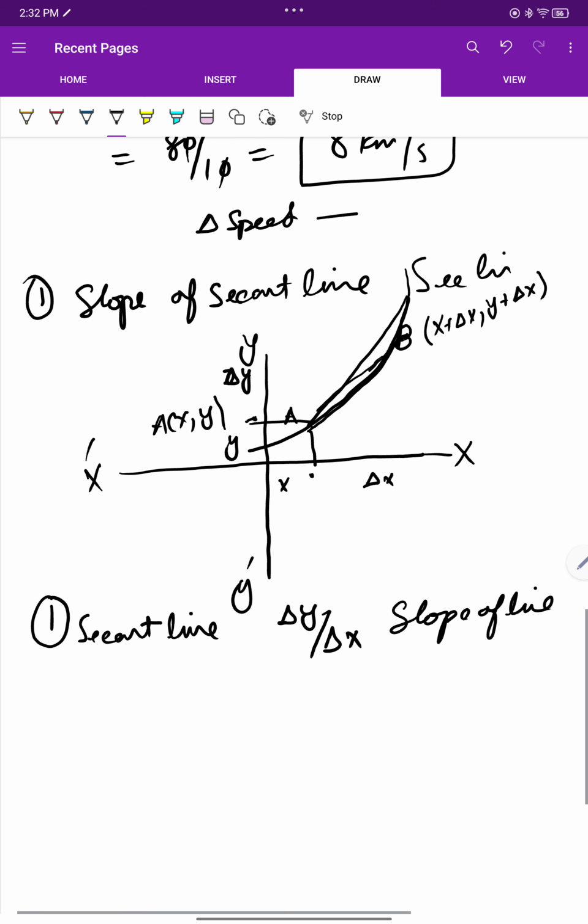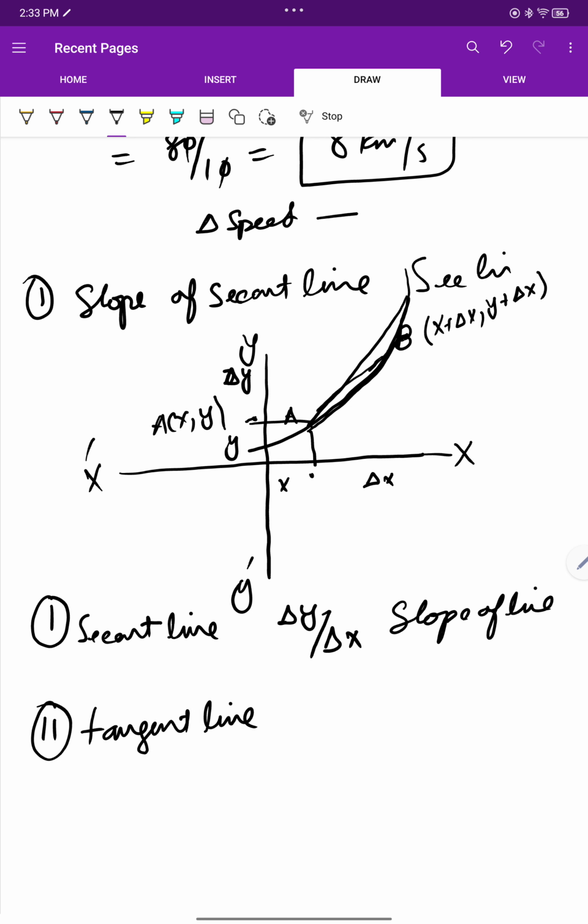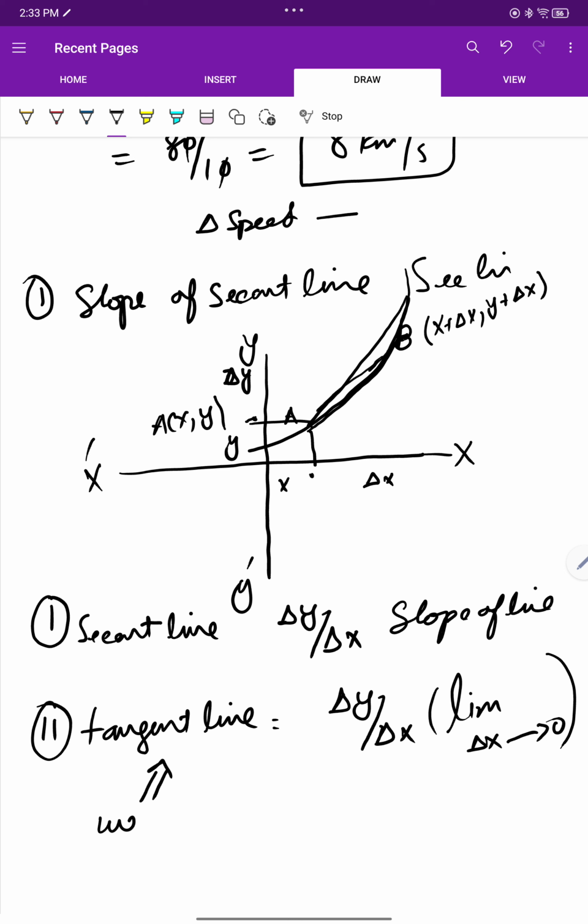So we can find this change, and we call it the average change of derivatives. The second one we can use is a tangent line. Tangent line is the same slope, dy by dx. But what we do, we apply the limit as del x tends to 0. So when it becomes 0, by this method, the tangent line, we can calculate